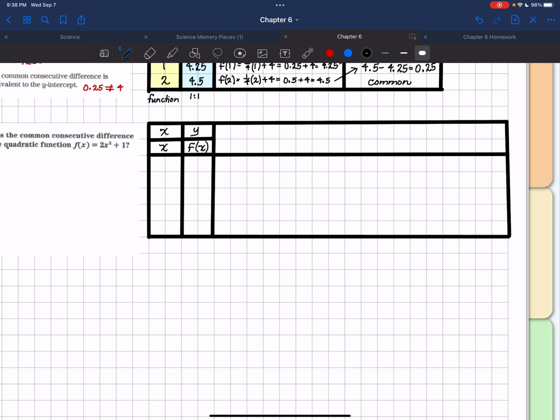So I need to make room for the math, first of all. I'm going to leave quite a bit of room here. Here will be our second consecutive differences. And this is the column where I expect the good things to happen. But we'll see. And then here we're going to put our function, which is f of x